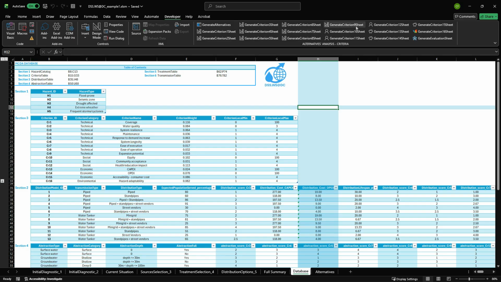So if, for example, I run the generate criterion 10 sheet procedure, I will be getting the results for equity, the equity criteria results for all alternatives. If I run the generate criterion 14 sheet procedure, I will be getting the results for the OPEX, the operational costs, for all alternatives. And the results may be presented in the 0 to 100 scale or in other local